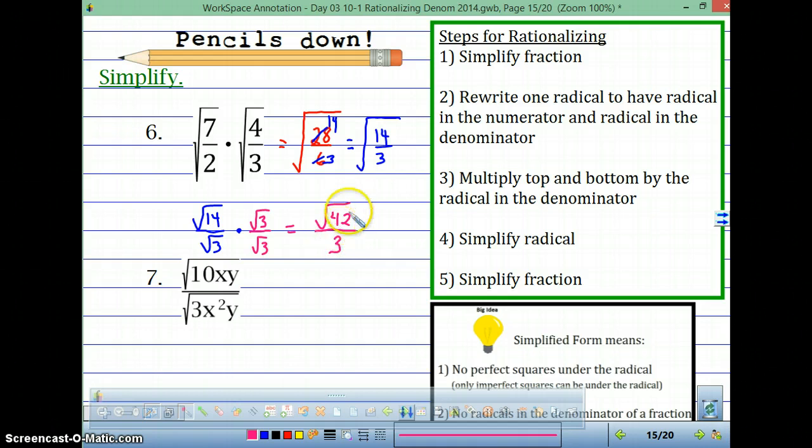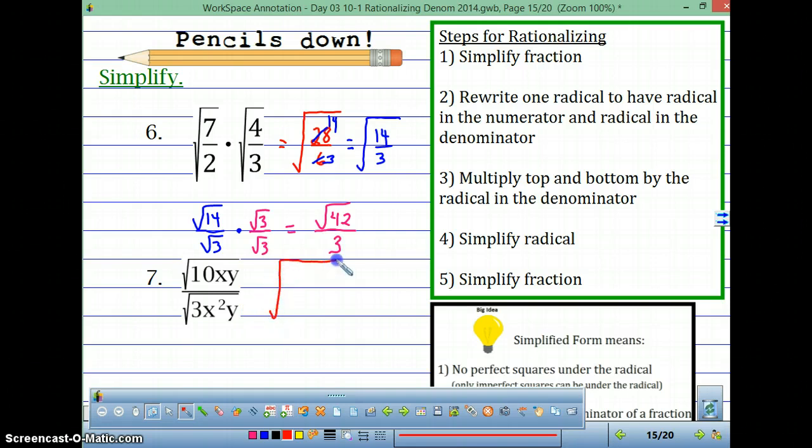Now I check. Can I reduce this? Are there any perfect squares in here that I could take out? The answer is no. This is just 3 times 2 times 7. No perfect squares. So this is your answer. Let's try this one. First step. Let's put it under one big radical and see if we can reduce first. So I've got 10xy